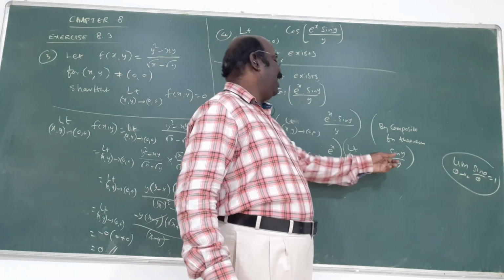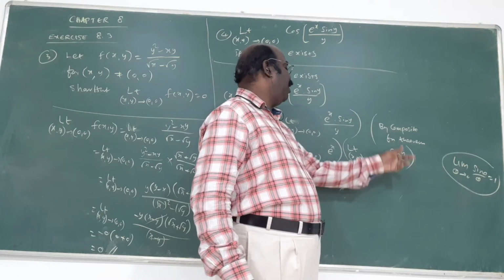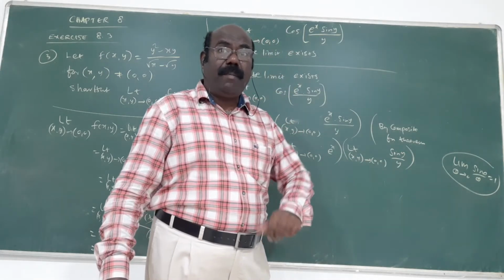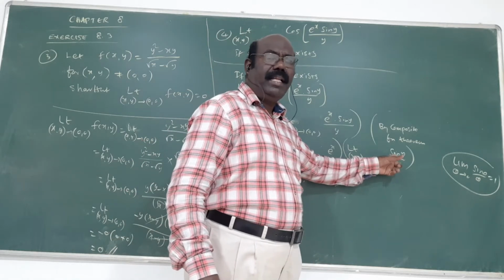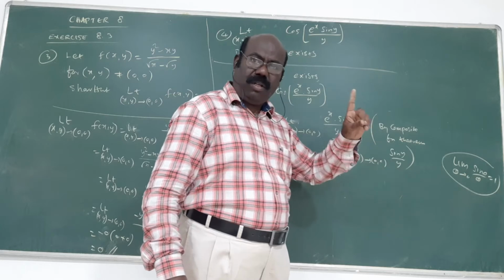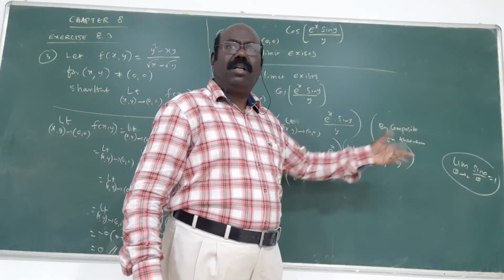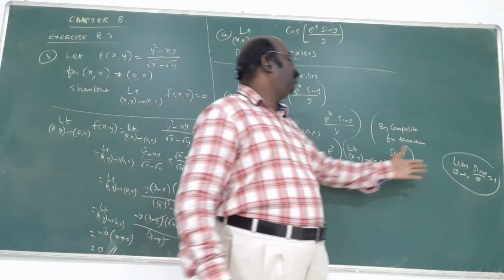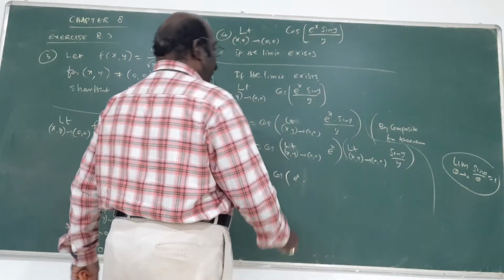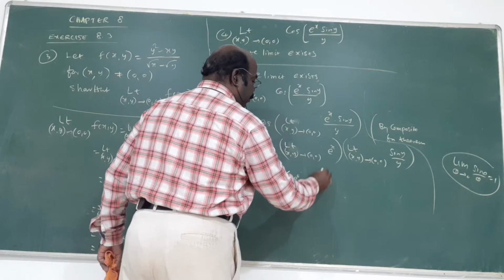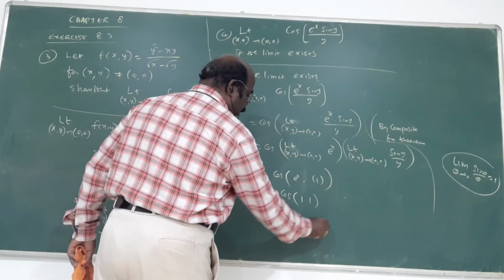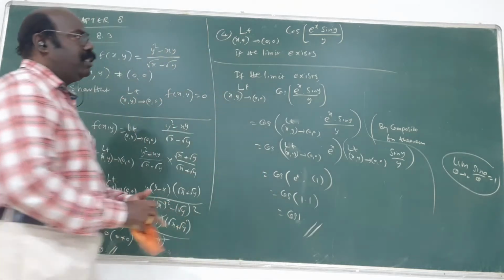What is the reason? Directly applying x is 0, y is 0, sin 0 by 0, 0 by 0 form. Using L'Hospital's rule, differentiate numerator and denominator separately: sin y becomes cos y, and y becomes 1. Only cos y is there. Now apply 0, cos 0 is 1. In this way you do, or that way you do. Now e power 0 is 1. Again cos of 1 into 1, cos 1. That is the answer. Cos 1 is the answer.